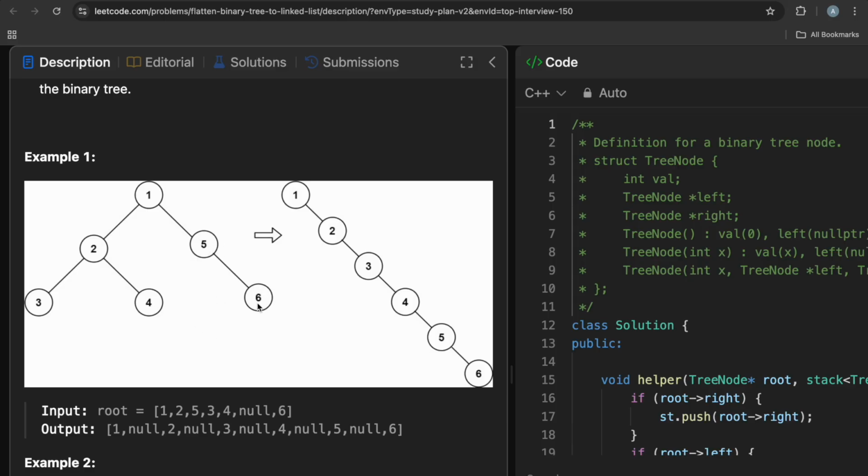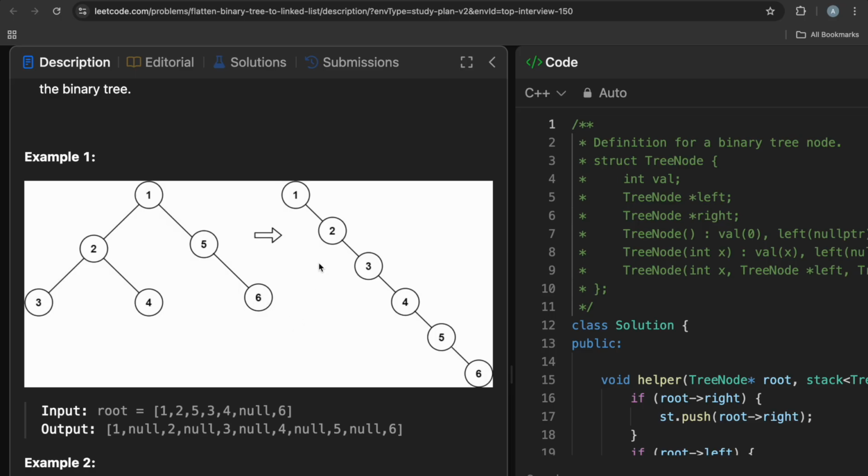and now here we will push this 6 into our stack, and we will see left child is null. So now we'll pop out of the stack, so 6 will be popped out, and then it will be set to the right child of 5, and left child will be set as null, and then we'll move to the right side of 5. So we'll come to 6, and then we will check right child is null, so